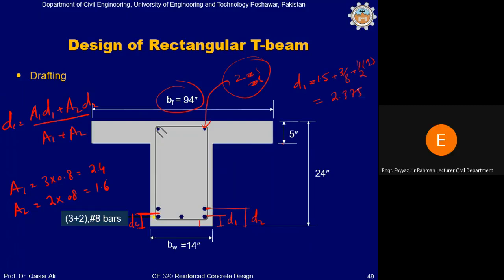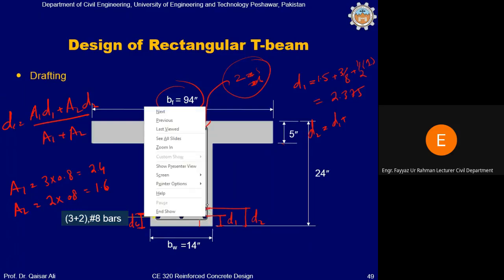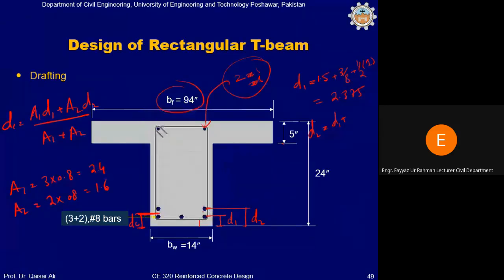It is 2.375, and D2 will be equal to D1 plus half dia of this bar plus clear distance between these two bars, which is 1.5, and half dia of this bar. तो इसका मतलब है कि D1 plus 1.5 plus total dia of the number 8 bar, which is 1 inches. तो ये जरा कैलकुलेट करें। 4.875।